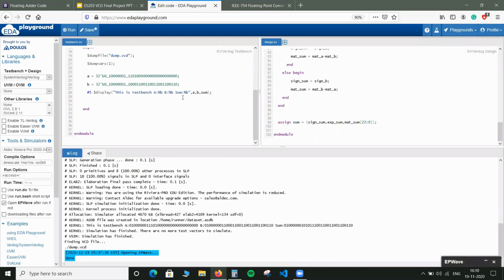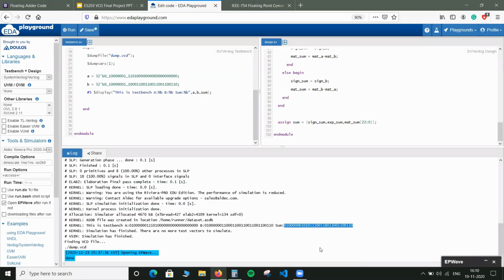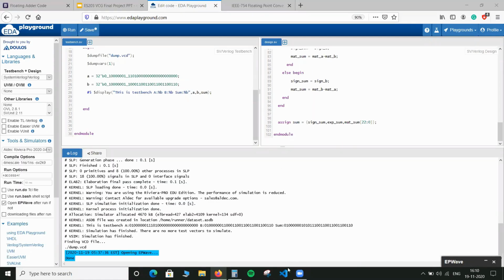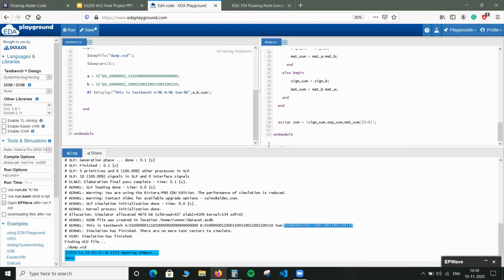Now after adding these two numbers we are getting this result as the sum. Now using some other tool we convert this to confirm whether this is the right answer or not. The addition of 7.25 plus 6.25 is 13.5. So let's see what this binary form represents. Here it's an IEEE 754 converter.